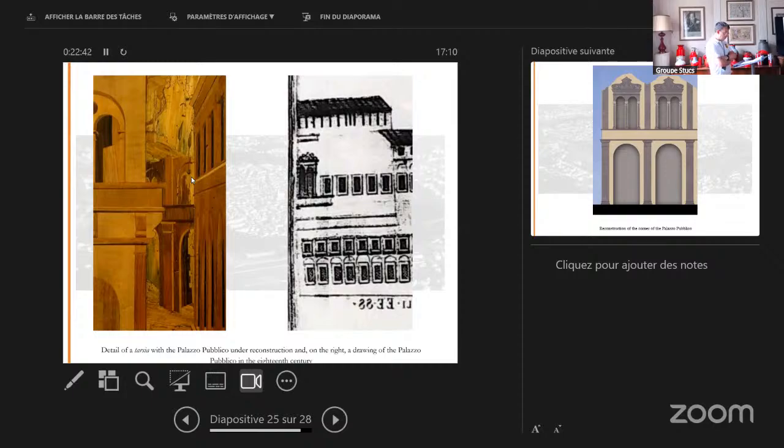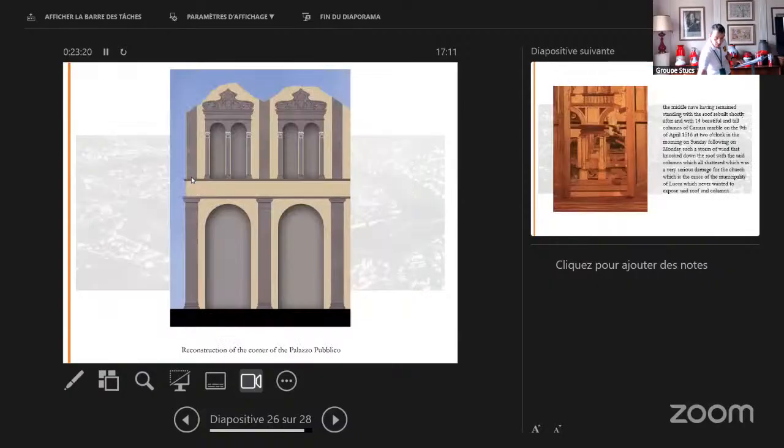We do not know the name of the designer of this intervention, but we can see at the end an image of a Renaissance building. But the presence of angular moonlit windows with two parts is also attested in an 18th century drawing on the right, demonstrating how, albeit in a more discontinuous and uncertain manner than in Piazza San Michele or San Paolino, the government was also intervening in Palazzo Pubblico. And now, here we can see a reconstruction of the angle of Palazzo Pubblico before the